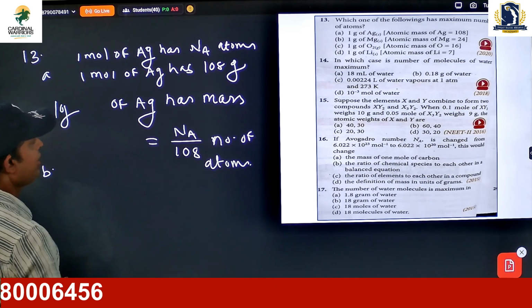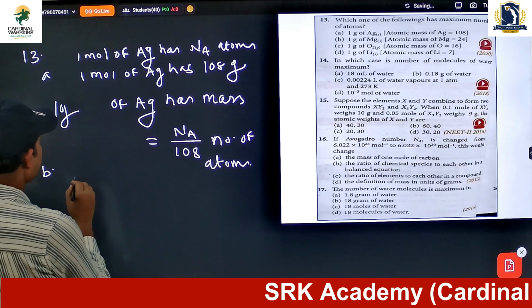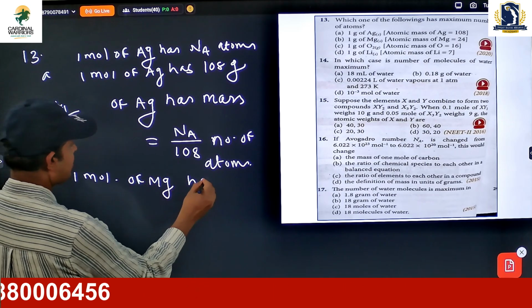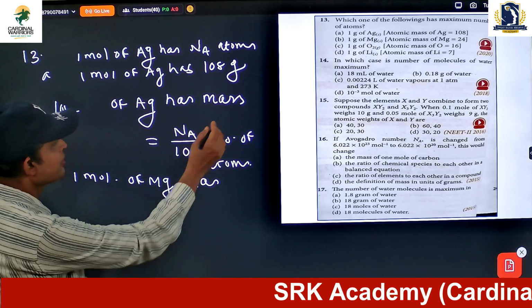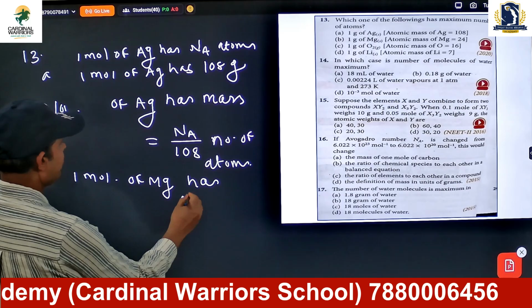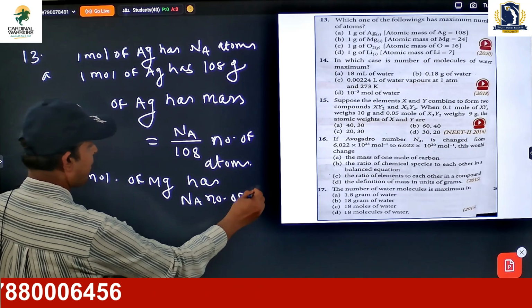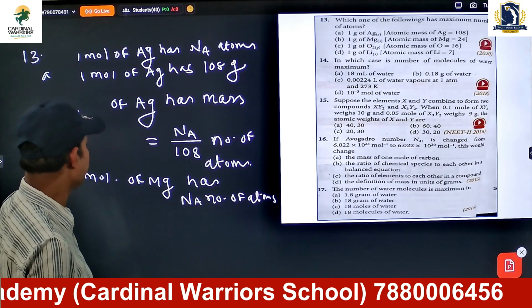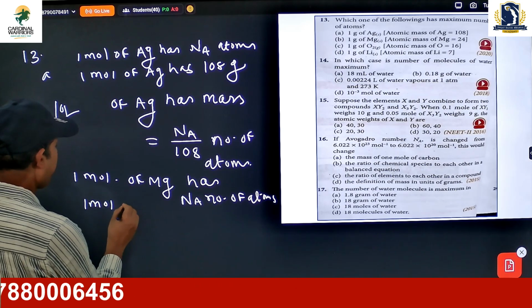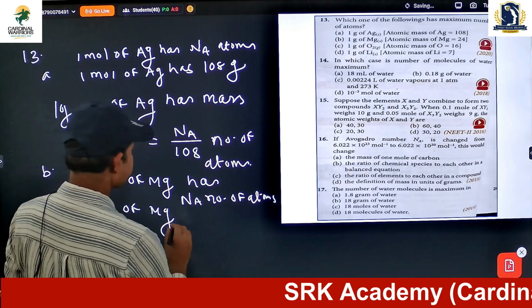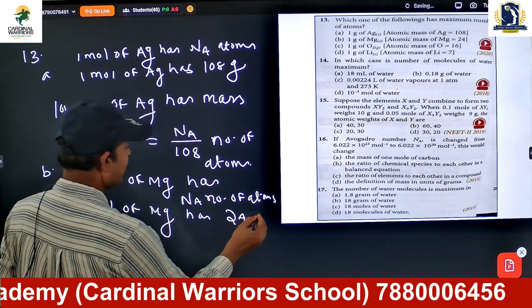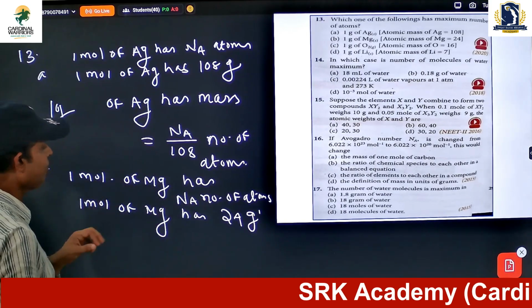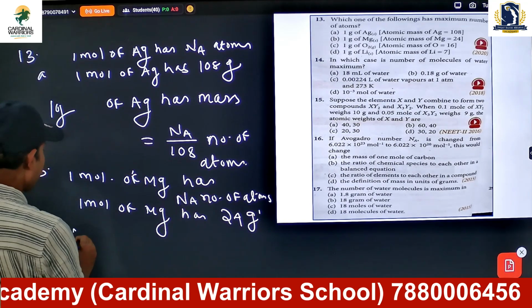Right. Similarly, we have magnesium, 24. One mole of magnesium has Na number of atoms, and 1 mole of Mg has a mass equal to 24 gram. So 24 gram has Na number of atoms. So 1 gram of magnesium